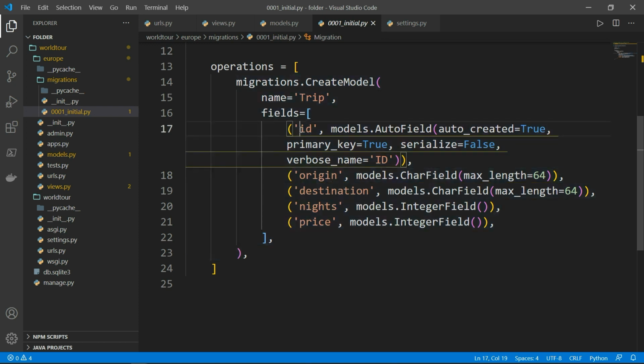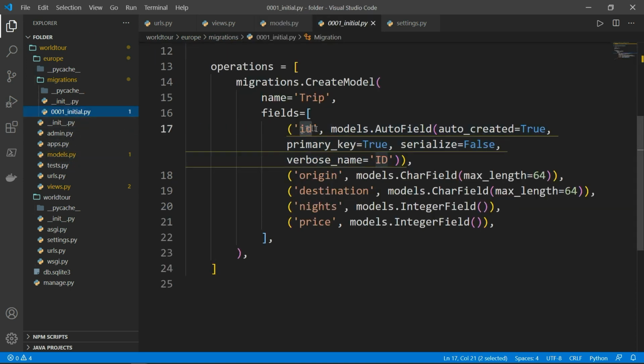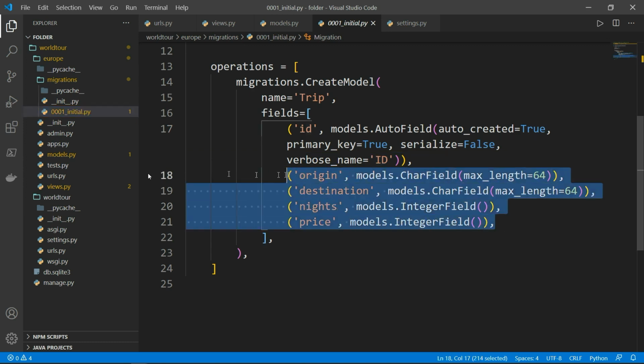And notice that Django has created an ID for us. I didn't create an ID in the models, but Django has created it. So each time we add a record, this will be auto-incremented. So the first trip will have an ID of 1, the second trip automatically will have an ID of 2, and so on. Origin, models.CharField, max_length 64, and the rest of the code that we have written in